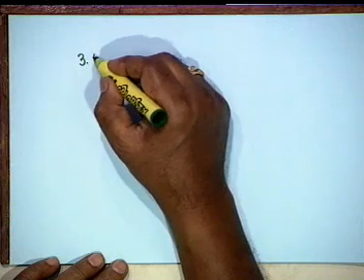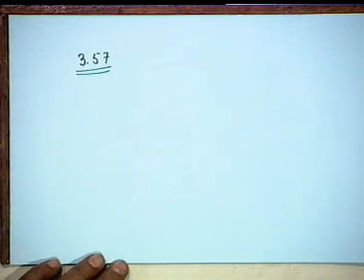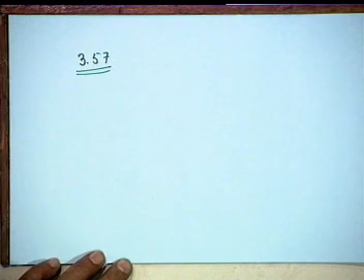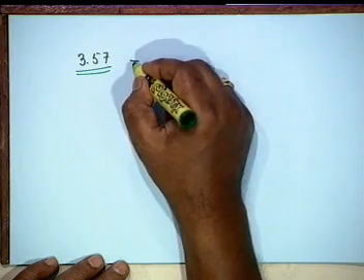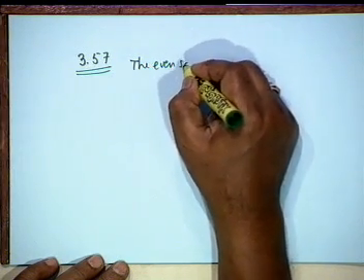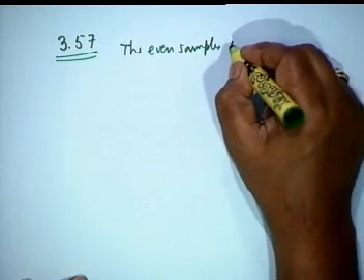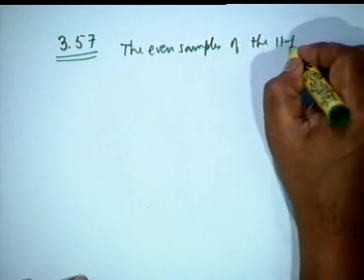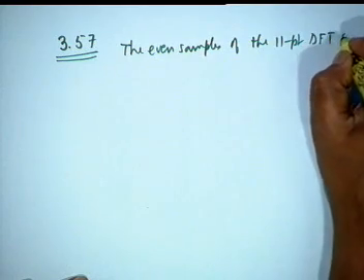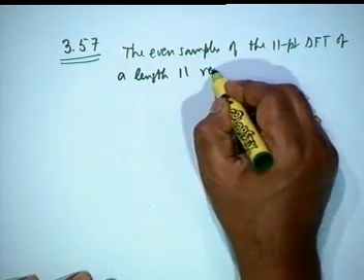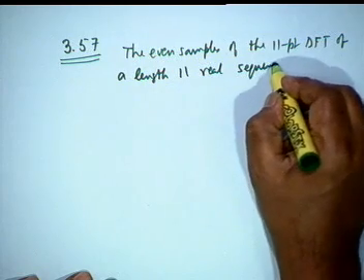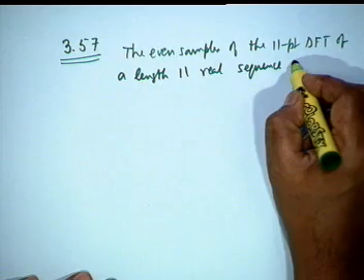The last problem. 1227, yes. The last problem is 357. It is a tricky problem, but the solution is very simple. It says even samples of the 11-point DFT of a length 11 real sequence are